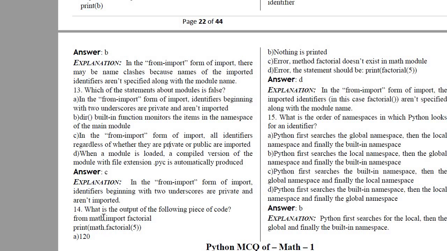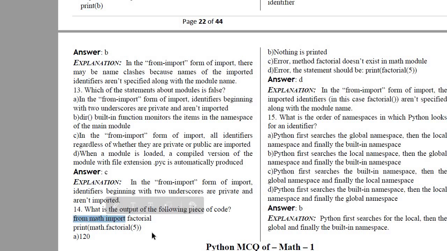Okay. Now, what is the output of the following piece of code? Here you will see from math import factorial just imports the factorial function, and then math.factorial of 5. So is there any error, or will it just print 120? There will be an error. The statement should be print factorial 5. We don't have to include math because we already imported the function from math.